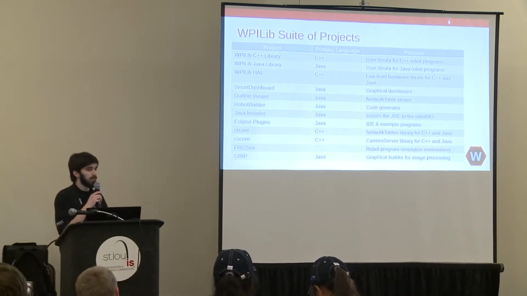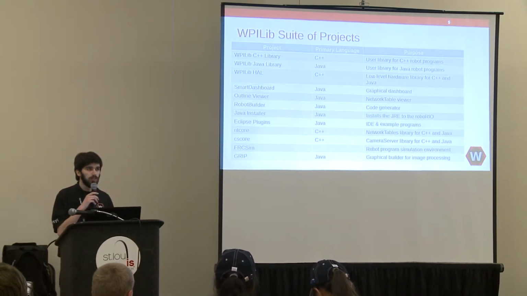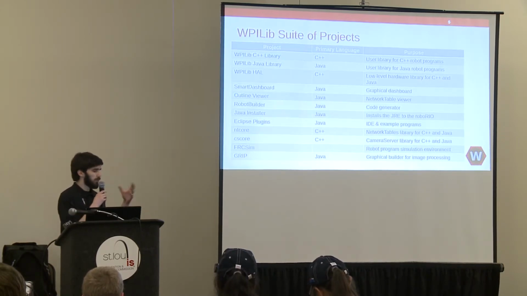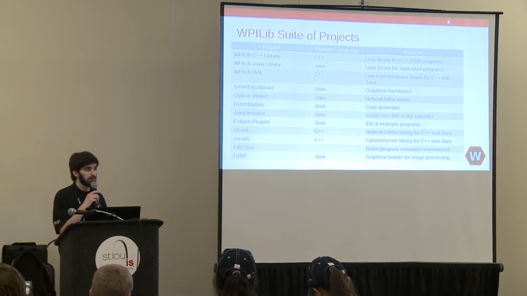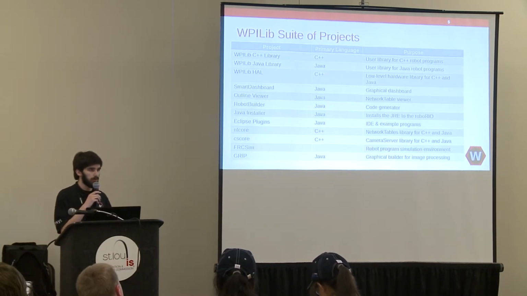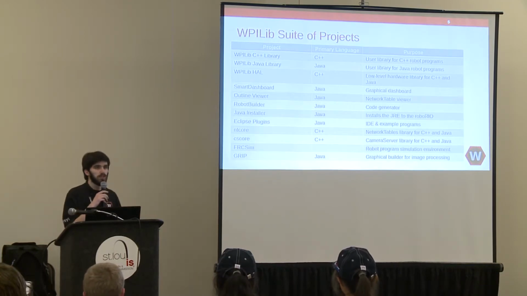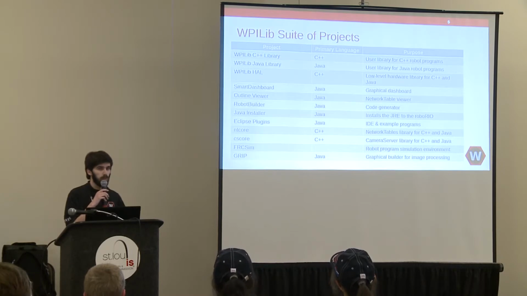NT-Core, so this is a very low-level C++ library. It has builds for basically every major platform: RoboRio, Windows, Linux, OS X. So there was an original version of network tables that came out in 2012, which is written in pure C++ and another version in pure Java. NT-Core basically just does everything in C++, and it comes with wrappers for Java. Again, those wrappers just call straight into the C++ functions, so the Java stuff will run on every platform the